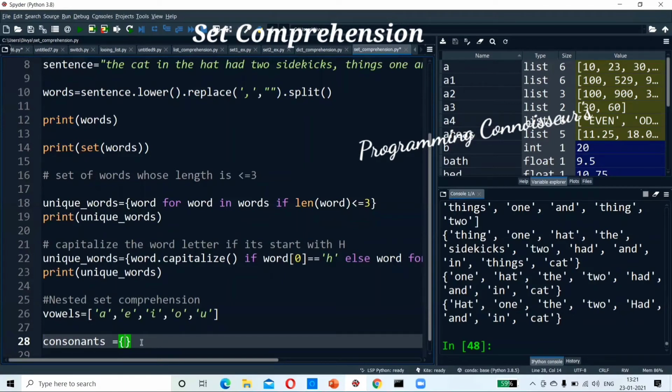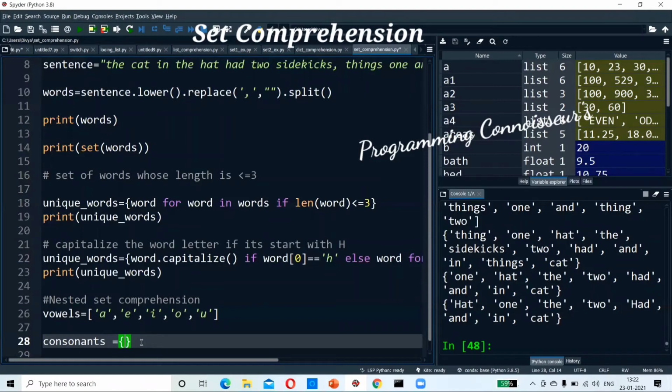From a set of words, I need to find all the consonants after removing the vowels. I want to remove all the vowels from the set. So now what I am doing is a nested comprehension, that will give me all frozen sets of consonants. That's it.